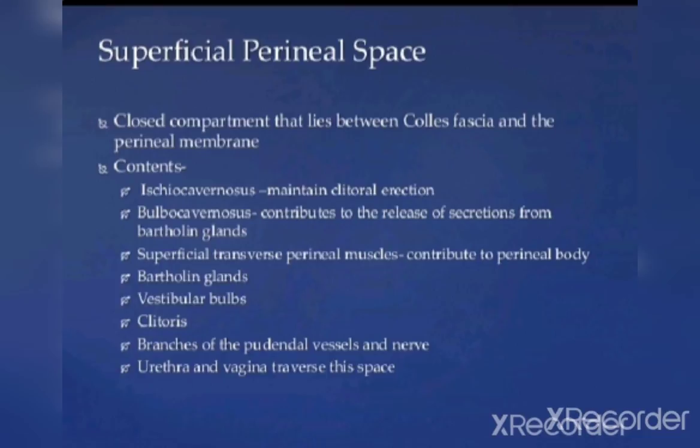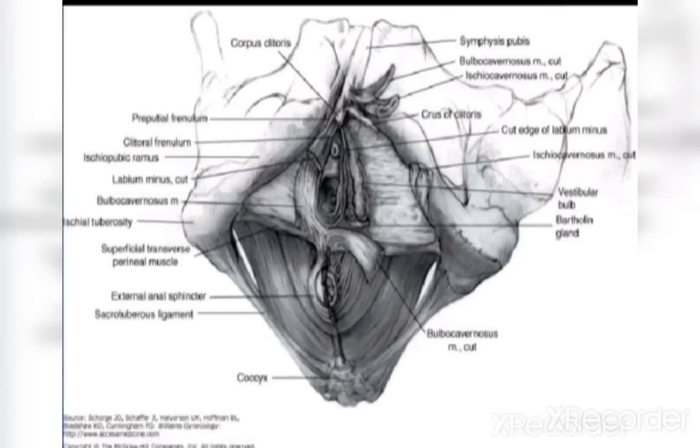Then there are the Bartholin glands, vestibular bulbs, clitoris, branches of the pudendal vessels and nerve. The urethra and the vagina traverse this superficial perineal space. So all these things are present there: ischiocavernosus, bulbocavernosus, the superficial transverse perineal muscles, Bartholin glands, vestibular bulbs, clitoris, branches of pudendal vessels and nerve, and the urethra and vagina openings. So you can see here